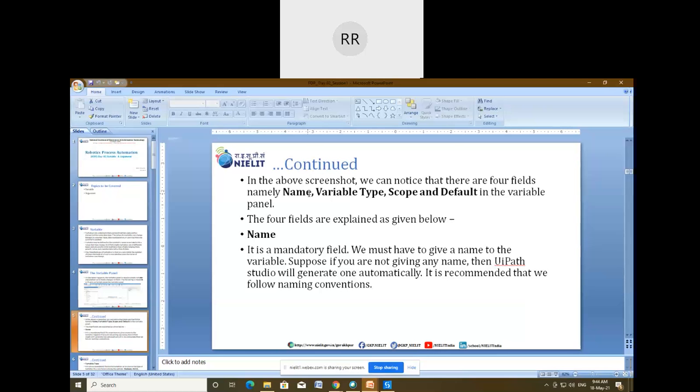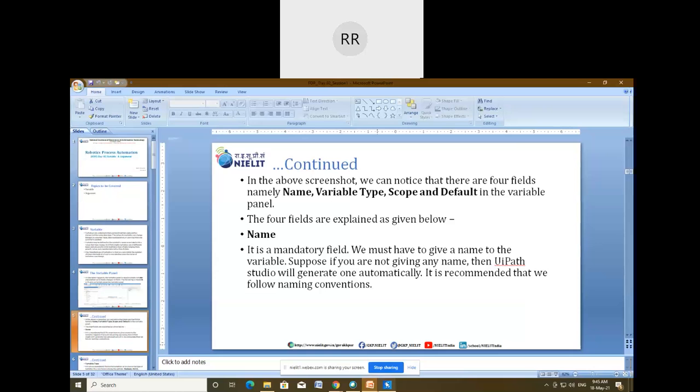If you do not give any name to the variable, UiPath Studio will automatically generate a name, and I will show you what that name will be, and that name is going to be assigned as the variable name. It would be better for us to create the name of the variable ourselves rather than have it created by the studio.